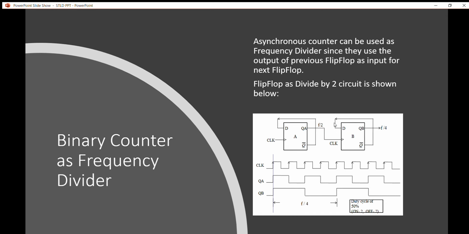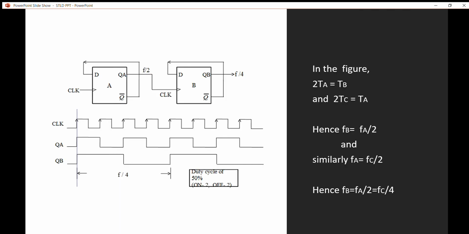Now, since these flip-flops are positive edge triggered, when we draw the waveforms of the external clock pulse and the outputs QA and QB, we notice that the triggering action occurs at the positive edges only. Now, let's observe the waveforms of the outputs and the external clock pulse. The waveform of the external clock signal is shown here. Both the outputs QA and QB were set to 0 initially.